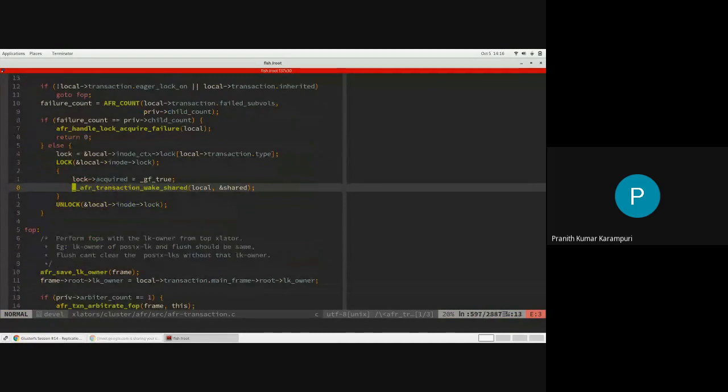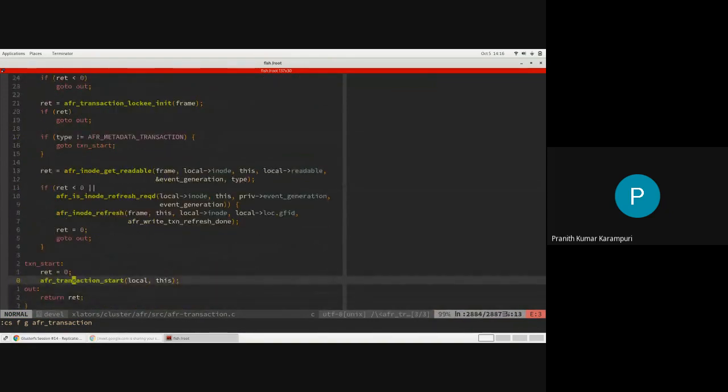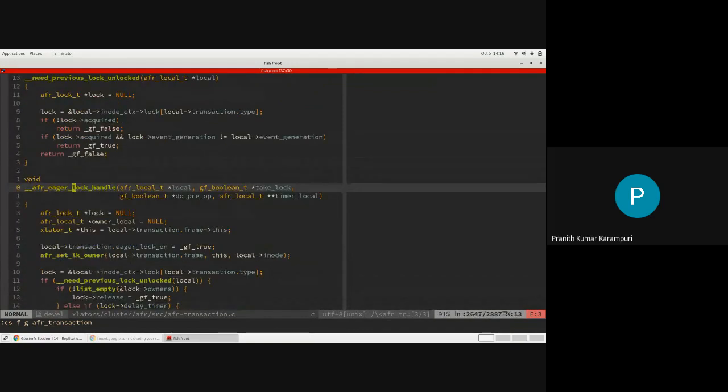So maybe I can also show the initial function which actually does the putting of these things. Yeah, so this is the eager lock handle.